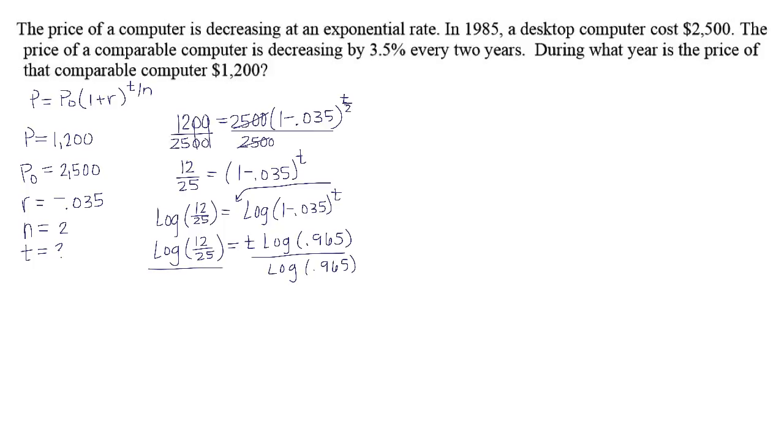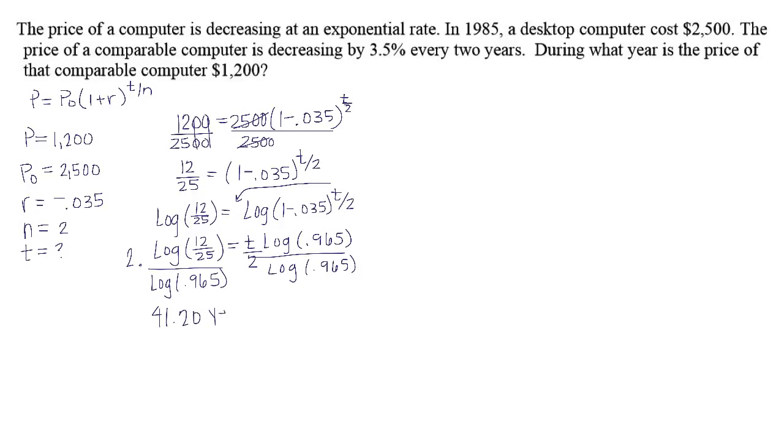And then over here this side, log of 0.965. Hey, I just realized I did not bring down this divided by 2. So let me go back and fix that. Divided by 2. And so we would multiply over here by 2. And when we put all of that in the calculator, we should end up with